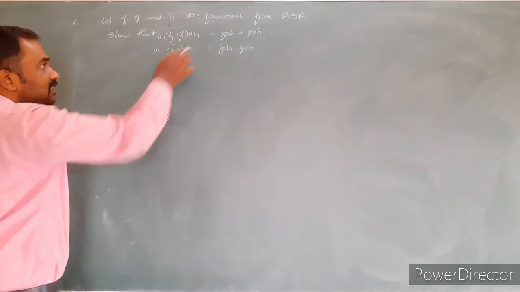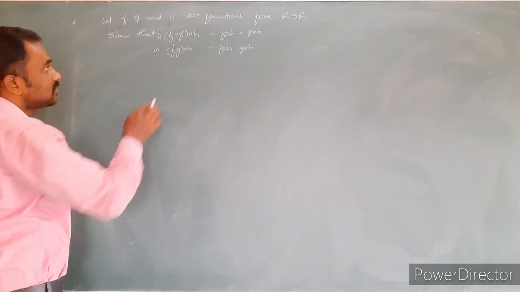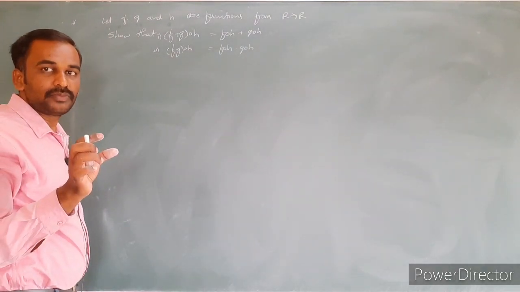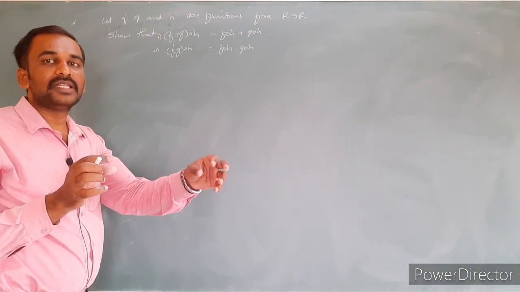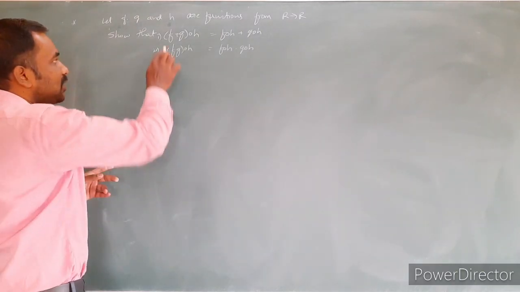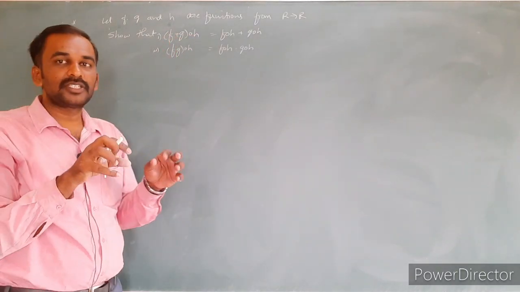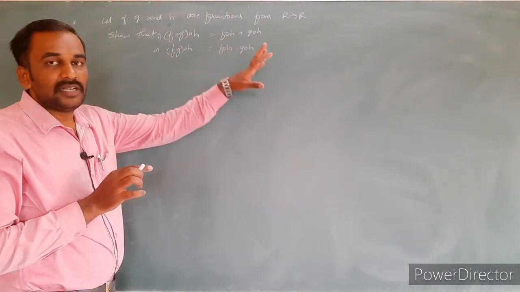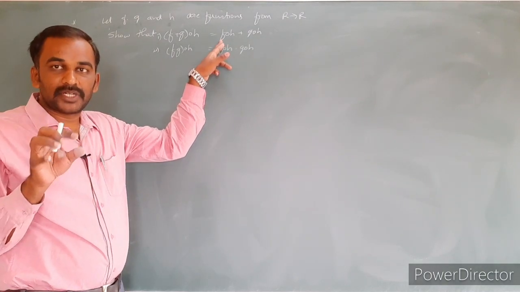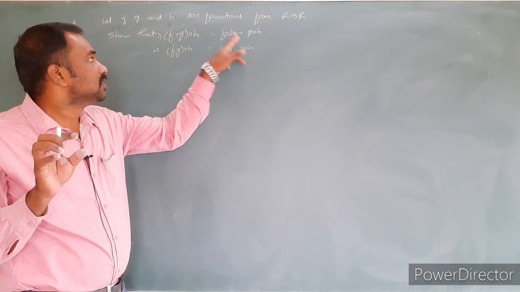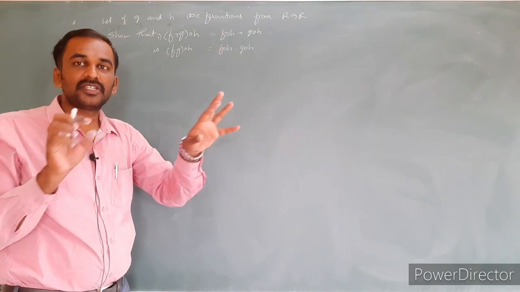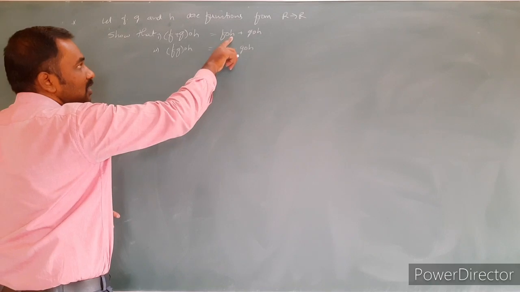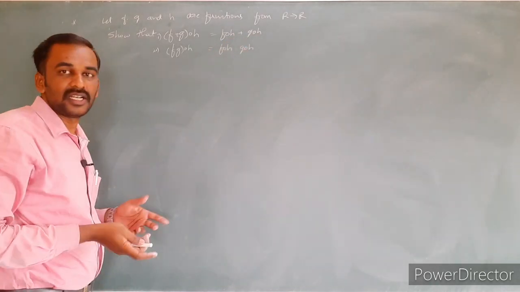What is exactly the meaning of this first condition? Out of the three functions, we can take the sum of two functions, then take the composition with the third function. So take the sum of the two functions and take the composition with the third function, which is the same as the sum of the composition of the first and the third function and the second and the third function: f circle h plus g circle h.